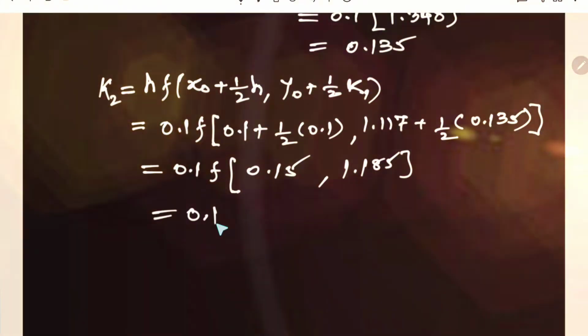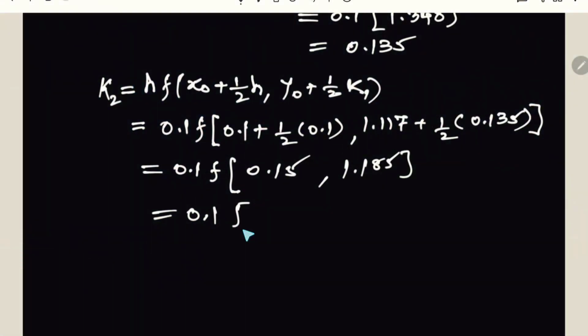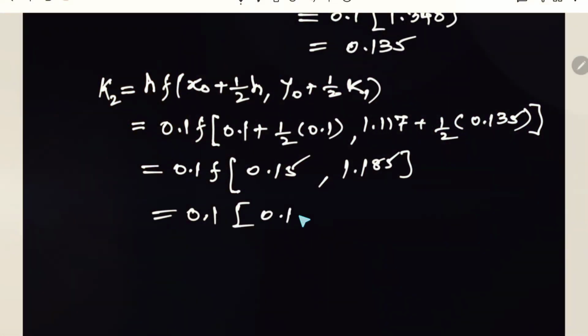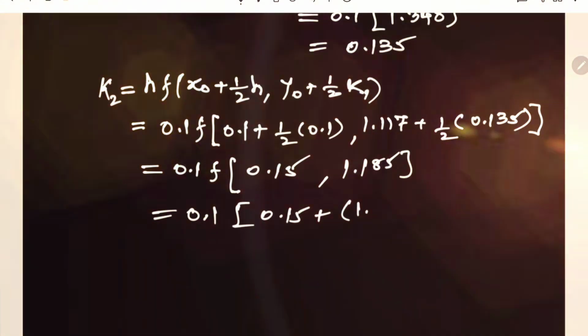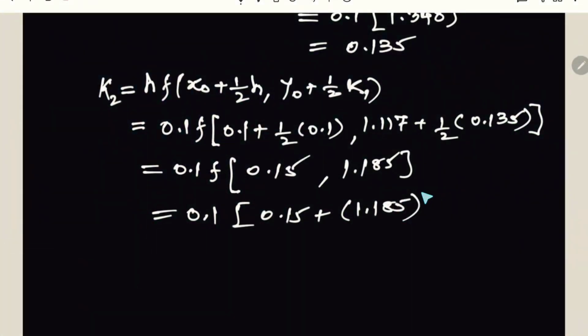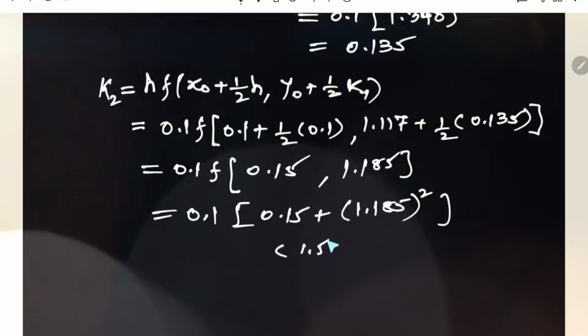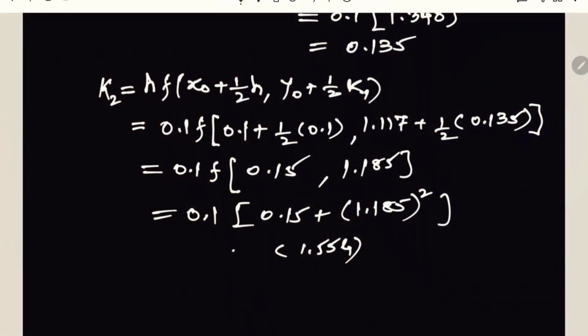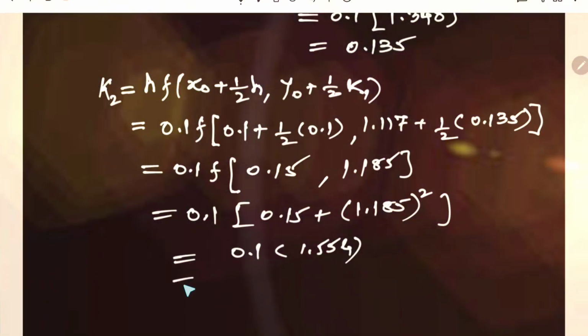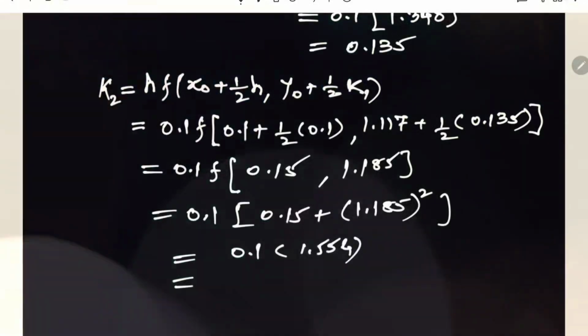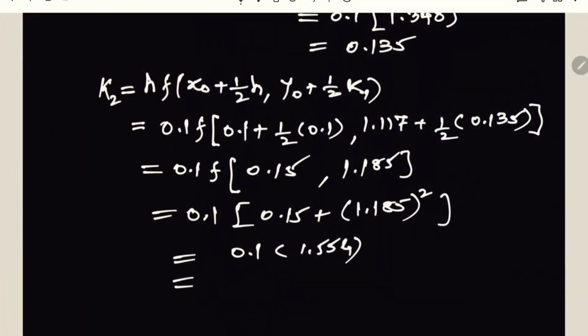Function of xy is nothing but x plus y square. As per that, it is 0.15 plus 1.185 whole square. And then calculating that value, it is 1.554 multiplied by 0.1, we get that term as